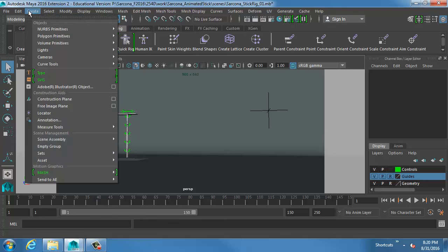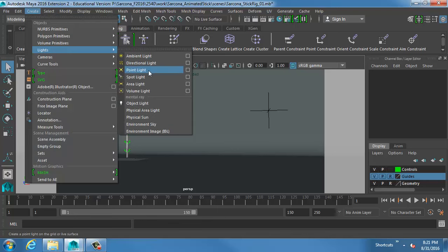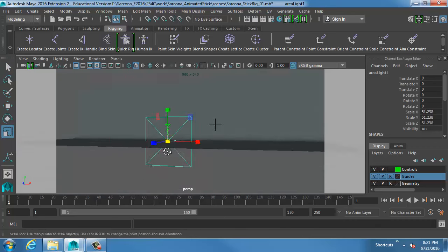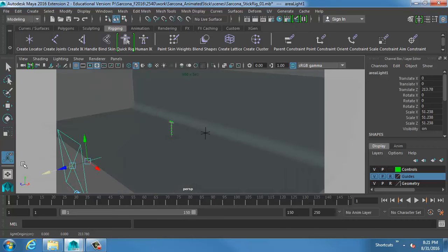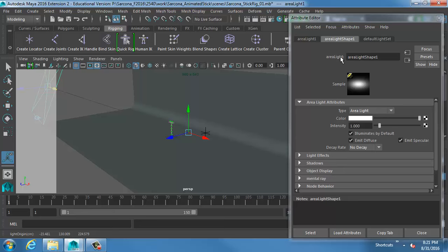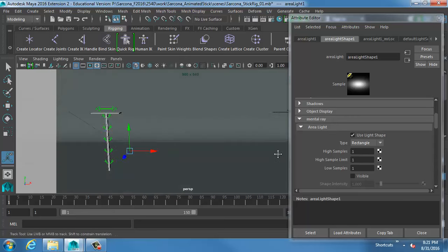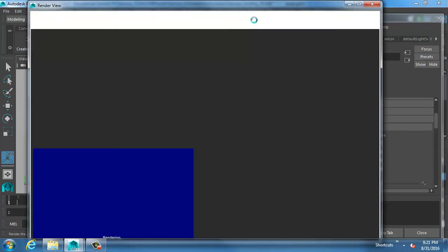So for this I need to create some lights. So if you're in the rendering or the modeling class, we do a very similar setup. We're going to use area lights. So I'm just setting up my area lights here. I'm going to make my area lights have a quadratic decay. I'm going to crank up my intensity. I'm going to mental ray and using my light shape. High samples 1, and so on. Okay. Then I'll do a little preview